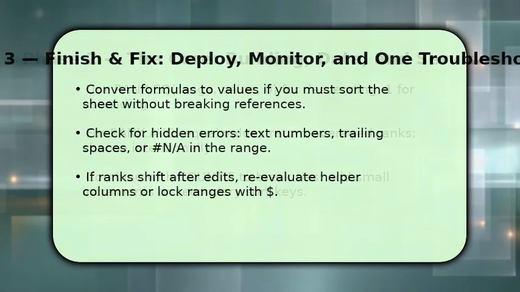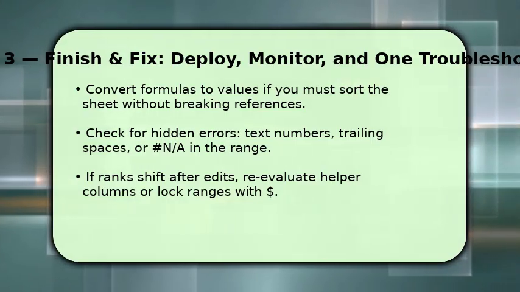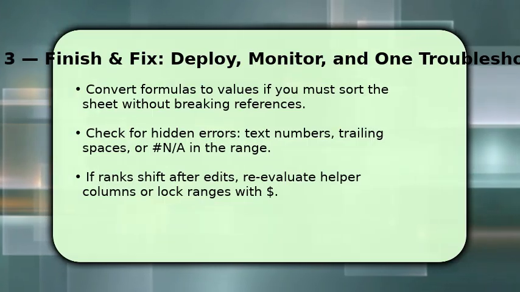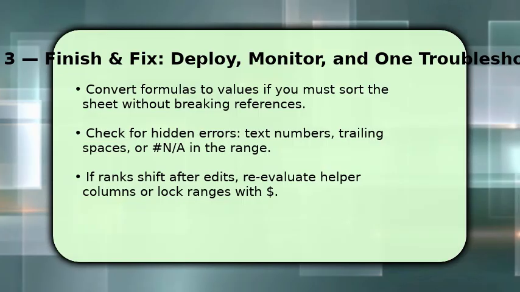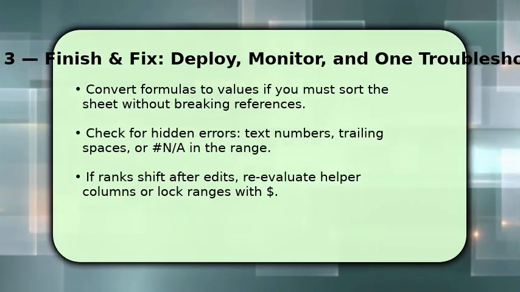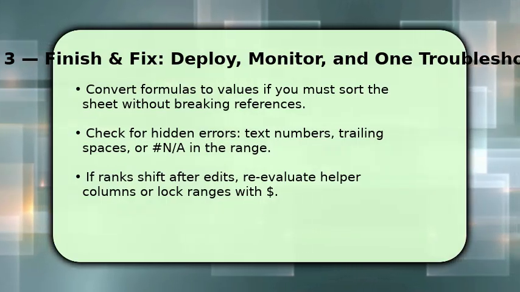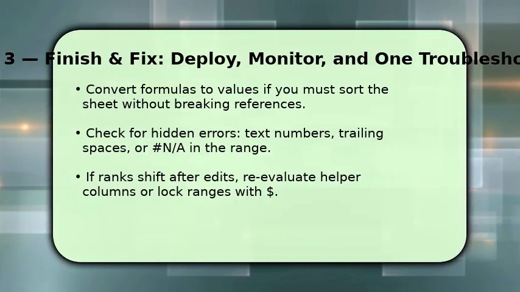Convert ranks to values if you will sort or export, because live formulas can shift. Then scan for common issues, numbers stored as text, trailing spaces, or missing values that produce #N/A, fix those to stabilize ranks. If ranks unexpectedly change after data edits, make sure your helper columns and ranges are absolute, using $ where needed. This ensures references stay fixed. If problems persist,